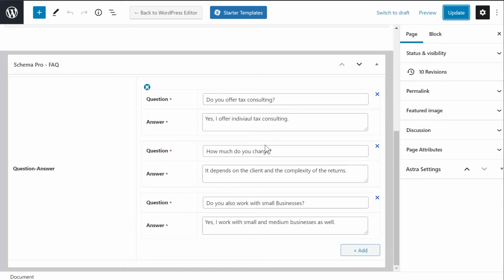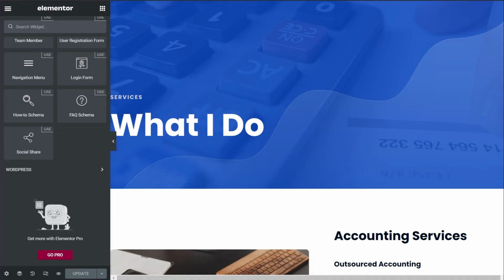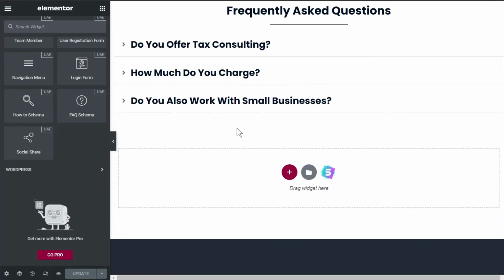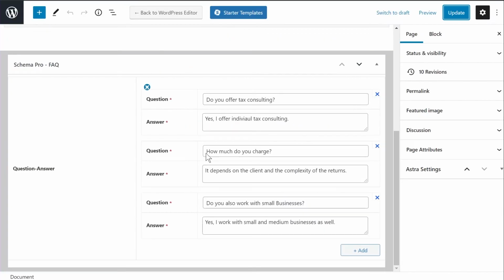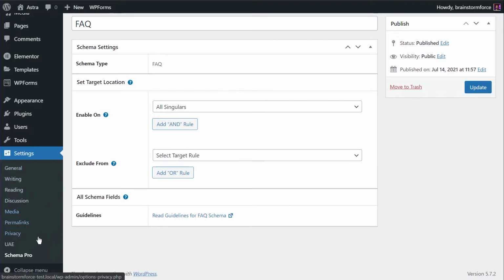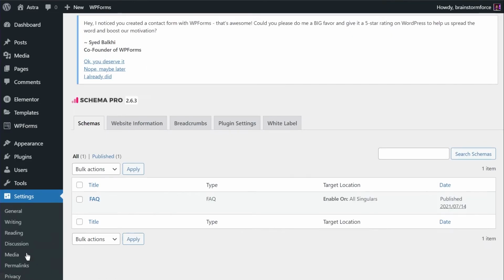I'd say you don't have to mess with code. If you add any of the pages to any of this section right here, maybe you add just a couple of extra questions, all you have to do is copy and paste the content right here. So this will not get updated automatically, but the rest of the schema types, or I'd say the regular schema types, let me give you a quick example of what schema types I'm talking about.